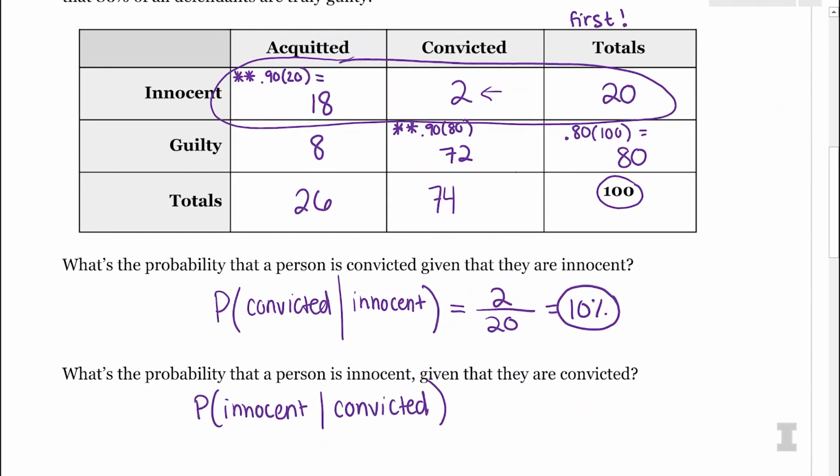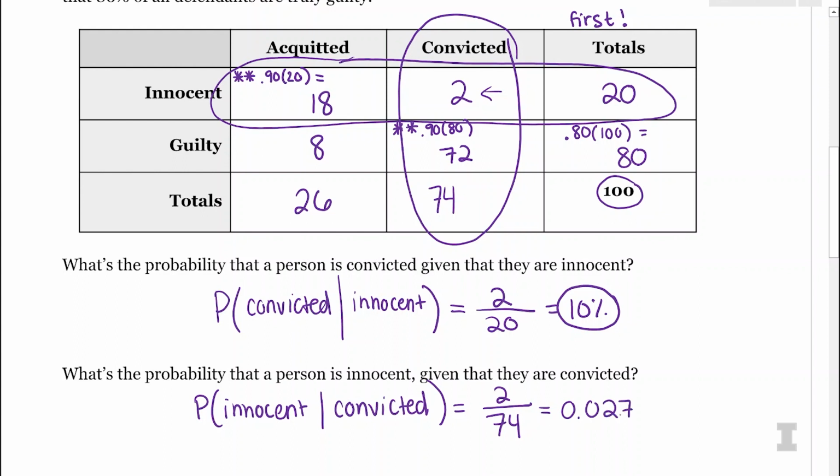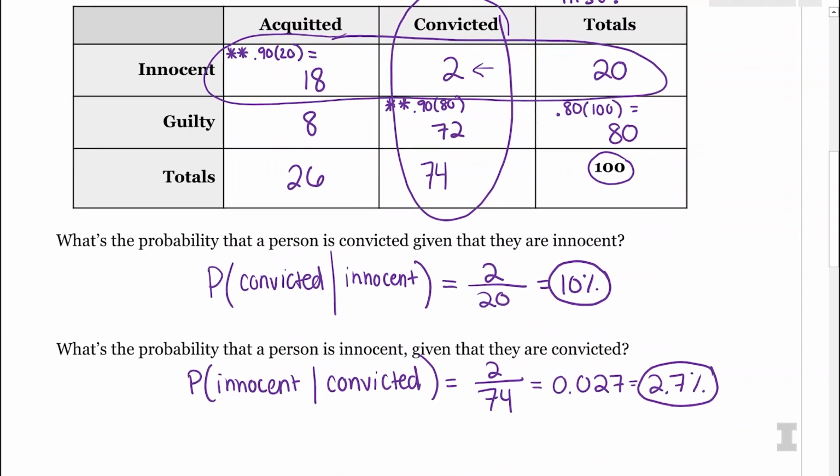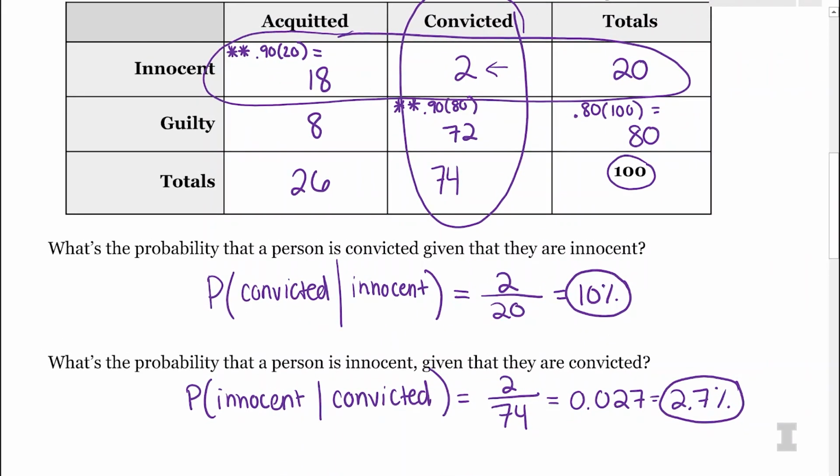So there are 74 total convicted people, and only 2 of them are innocent. So I'm going to have Wade pull up that percentage. 2 over 74 is 0.027. That's going to be a decimal, so it's going to be 2.7%. Got it. Yes, Python does give us a decimal between 0 and 1. If I want to convert that to a percentage between 0 and 100, I'm just going to move the decimal. So we can definitely see here that given that they're convicted, there's only a 2.7% chance that they're innocent.